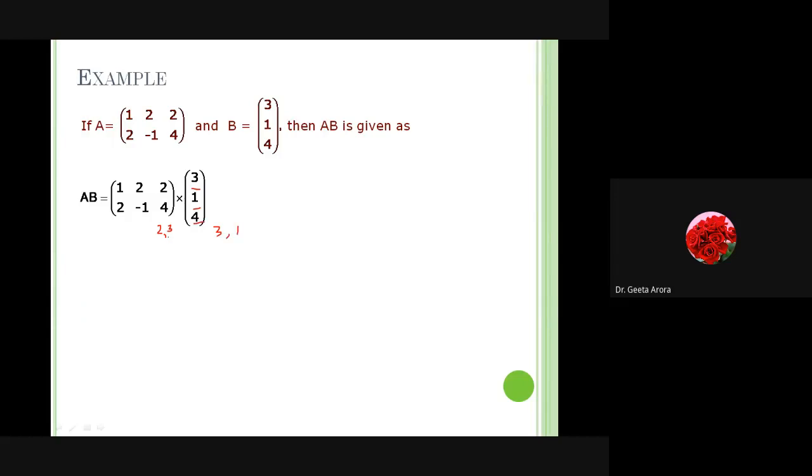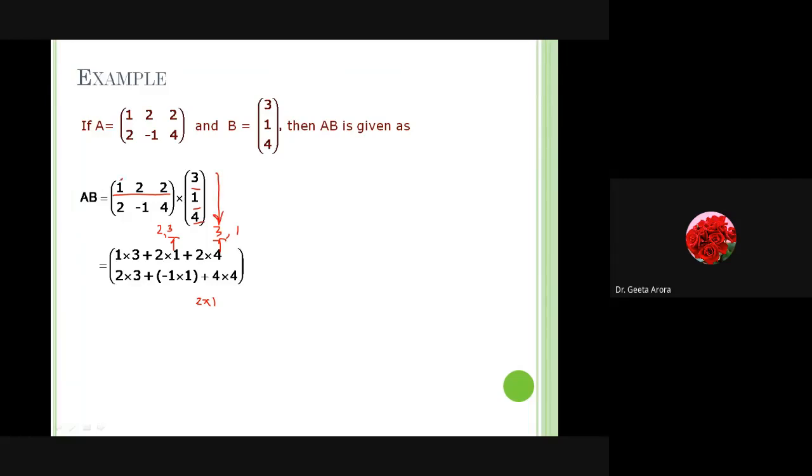So the first thing is we are getting 3 as common. The number of columns in matrix A is equal to the number of rows in matrix B. It means they can be multiplied together and the resultant one should be of order 2 cross 1. We can write it with a comma or with a cross; both are allowed. Now how are we going to find it? By finding the sum of the products of each element of the row of A multiplied with the element of the column of matrix B.